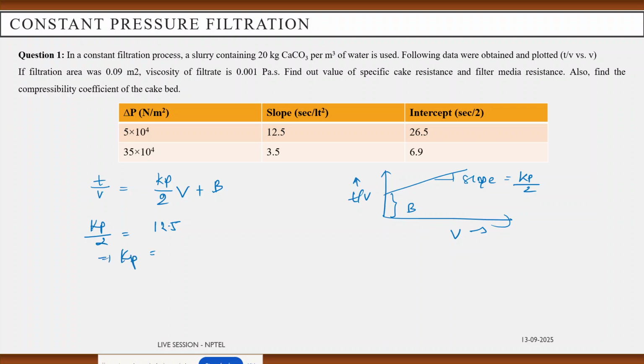So Kp equals 25 into 10 to the power 6 second per meter to the power 6. You have to follow the unit as well. And for first case the B equals